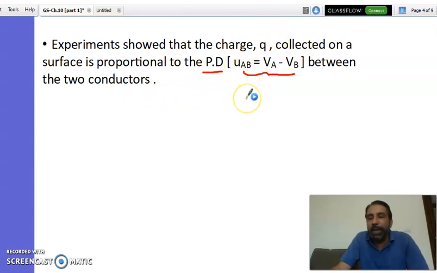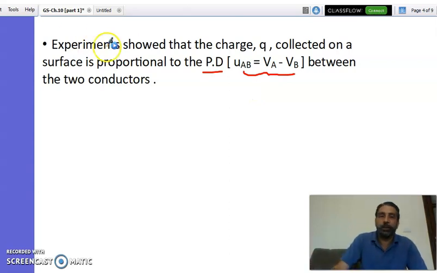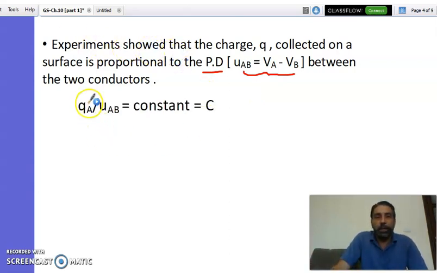What does it mean in mathematics? Y proportional to X. What does proportional mean? Yes, proportional means the ratio is always constant. Means Q over U is always constant. That's a mathematical expression. Means the graph is a straight line passing through the origin. Okay? So Q over U equal constant. This constant is called what? C. So this will imply